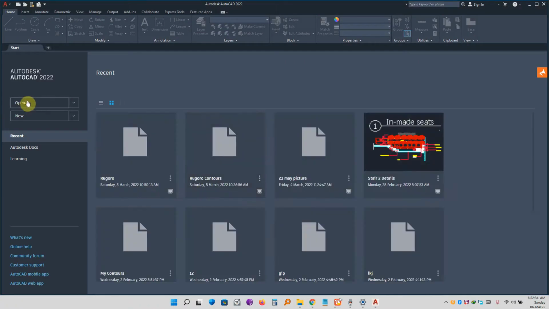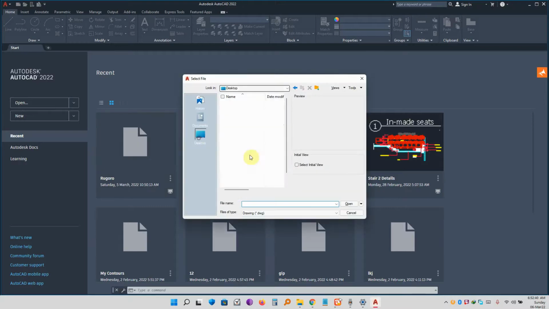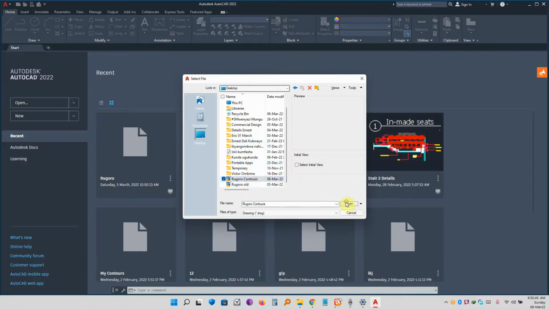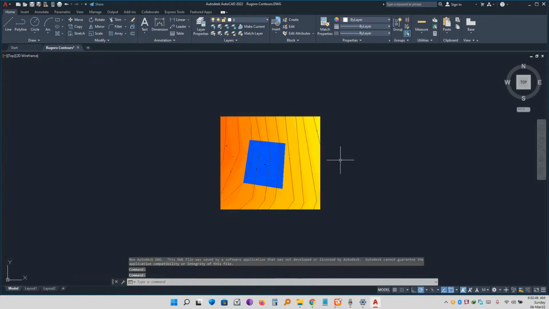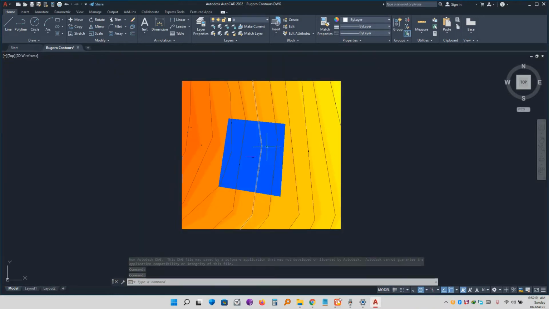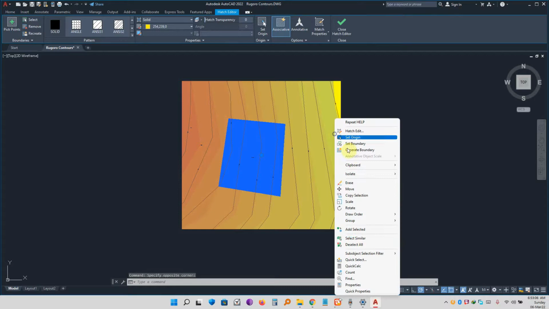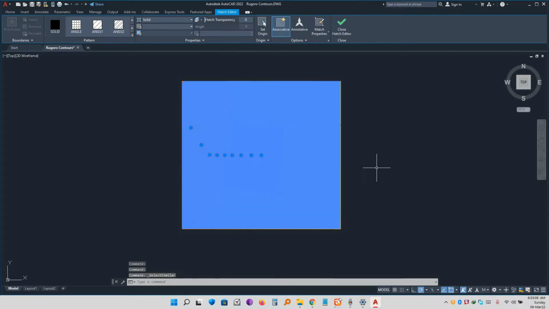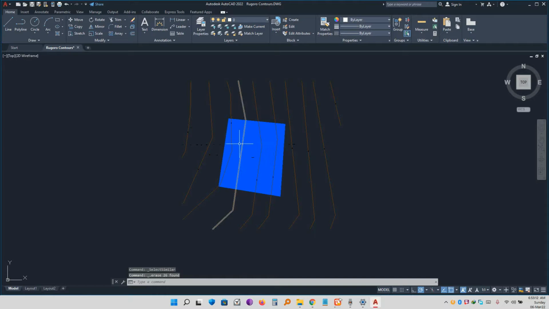And then here you go to open, go to the desktop, and then choose Global Contours, click open, and here comes your site with your contours, but then it's heavy because of these fields, but I like to get rid of them by clicking on one of them and then right clicking to select similar and then delete. So I'm remaining with only my contours and